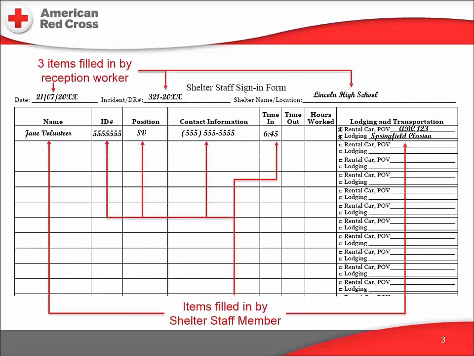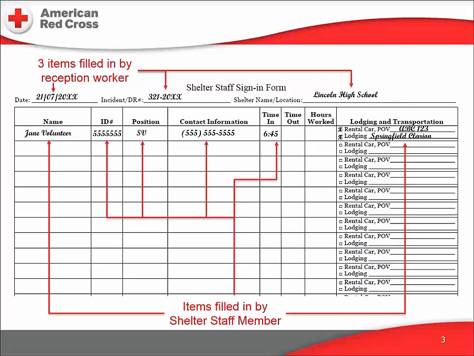This is the form. The top row should look very familiar to you as it contains the date this page was started, the identifying number of the disaster response, and the name or location of the shelter. This information is entered by the registration worker assigned to the desk when the previous page is full and this